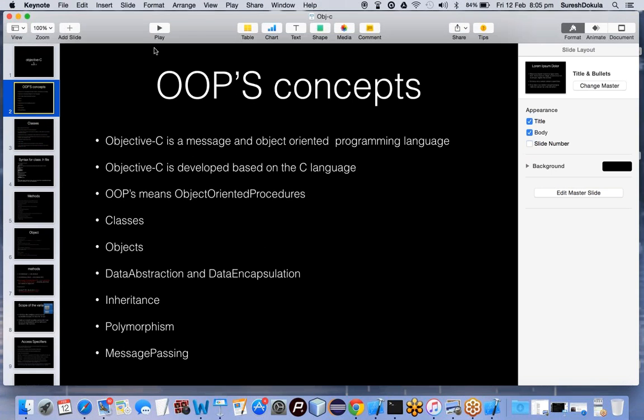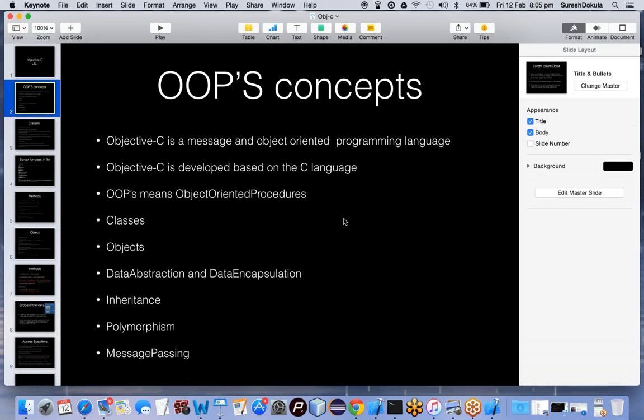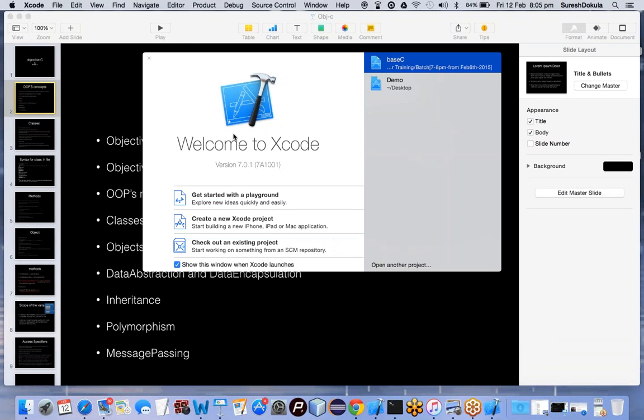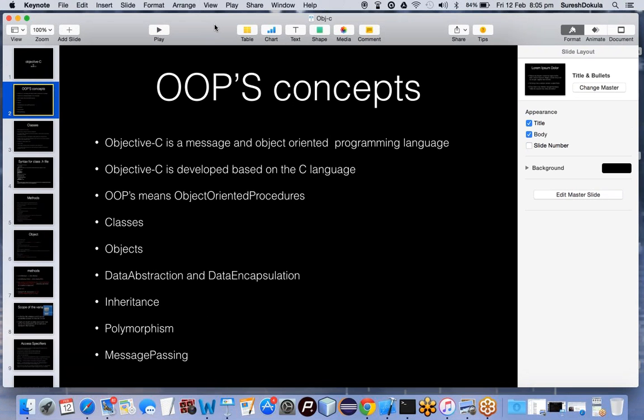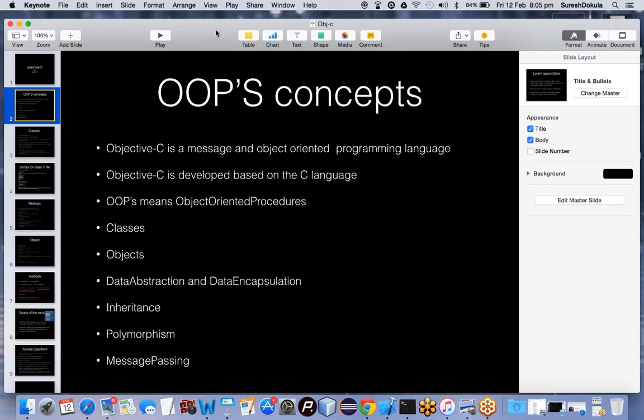Let's start with Objective-C object-oriented concepts. As I said earlier, these object-oriented procedures are common for all object-oriented languages, similar to other languages. So today we're going to have a session on classes and objects, and we'll see how to create classes and how to create objects in the Objective-C language. So coming to the classes,